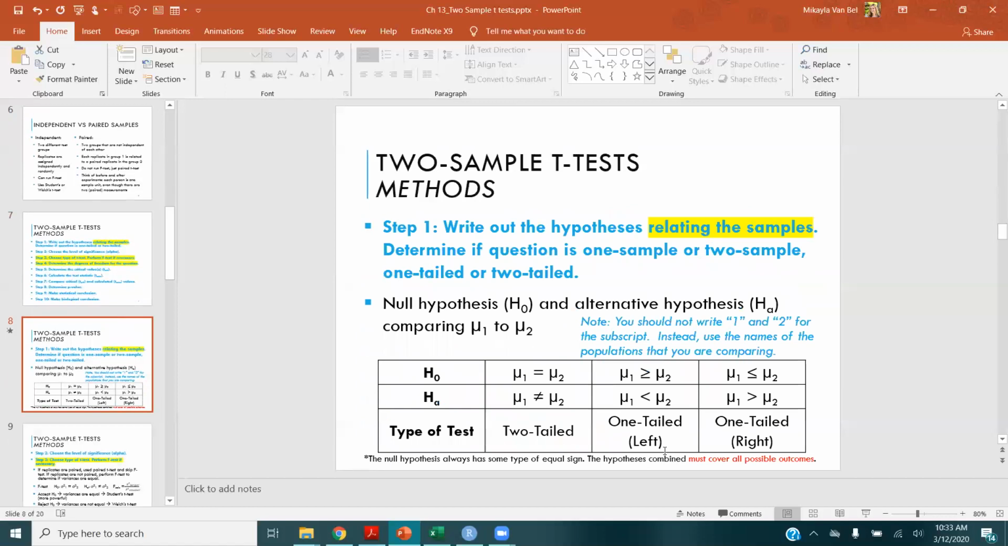Now we'll go into each of these steps in a little bit more detail where they differ from the one-sample t-test. First, writing out the hypotheses is slightly different because we are now comparing two groups instead of one group and a reference mean. Here I have a note regarding the subscripts, and I write that we should not write 1 or 2 for the subscript because that's not descriptive. It doesn't tell us anything about the problem. Instead, you should be using the actual descriptors from the problem in that subscript, and we'll see that in the